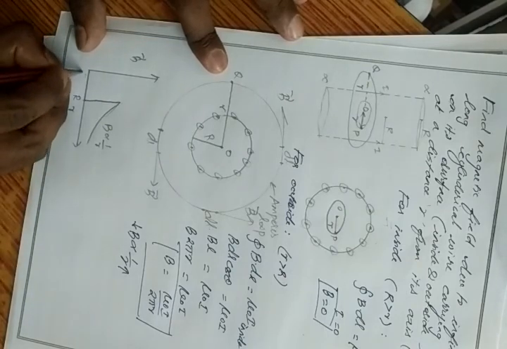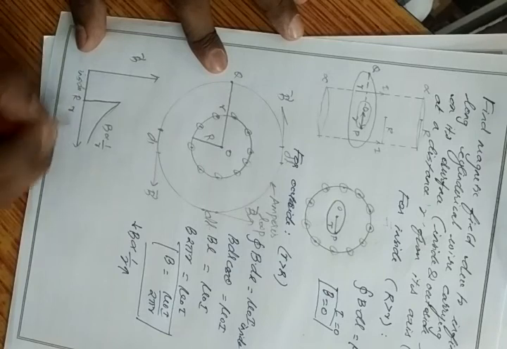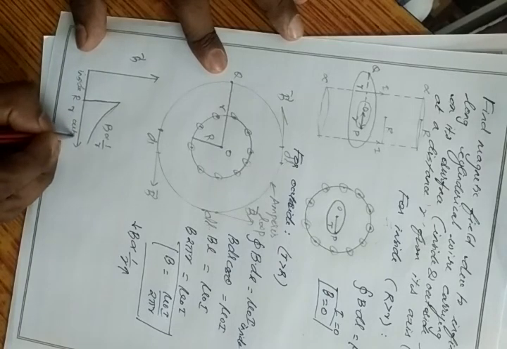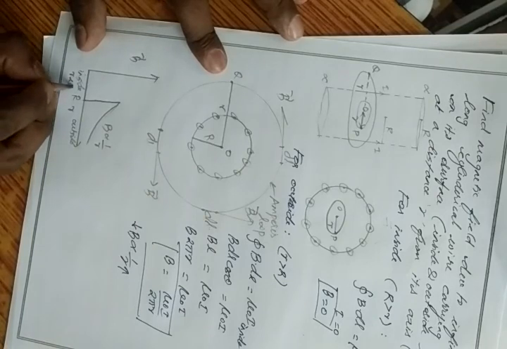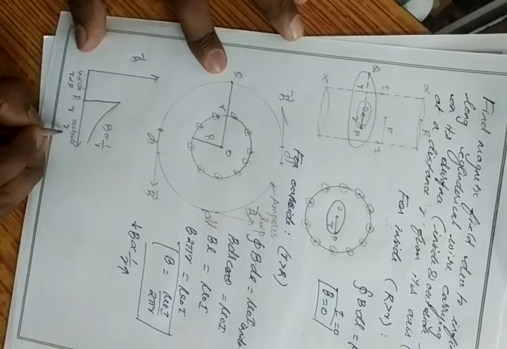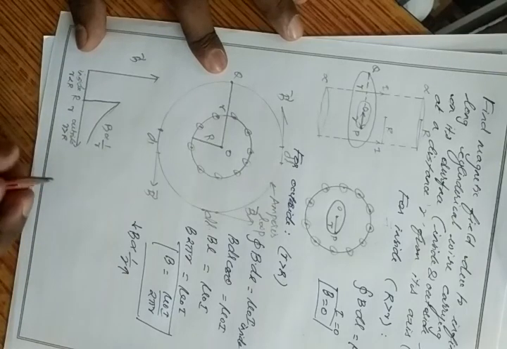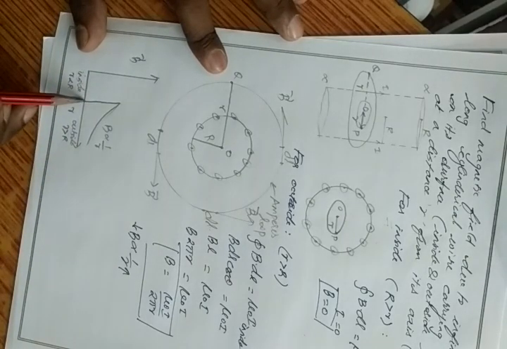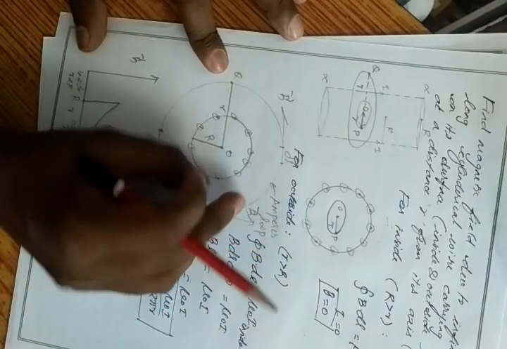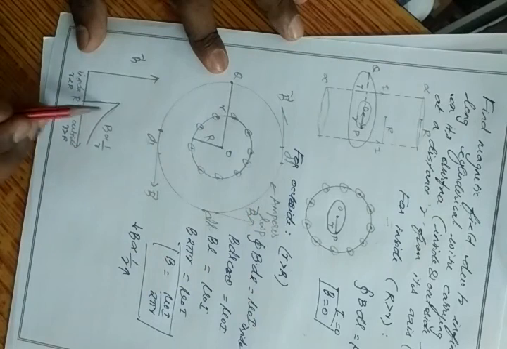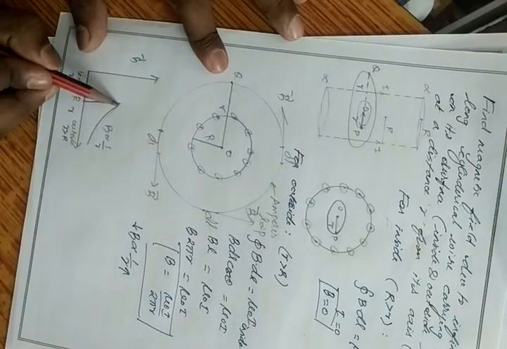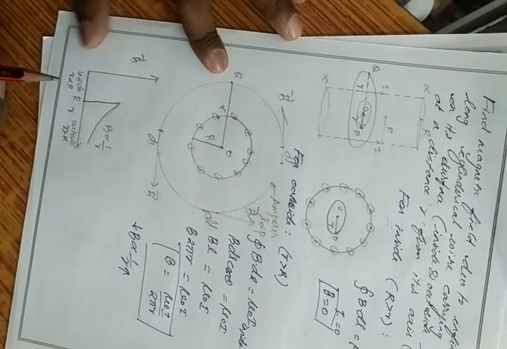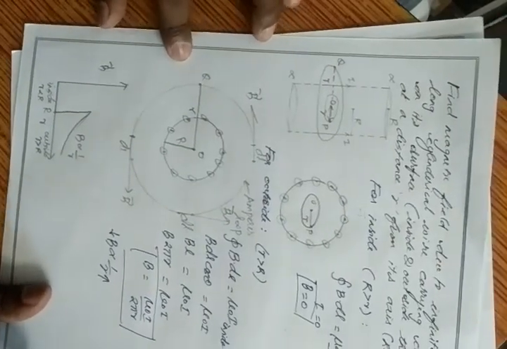So this is inside and this is outside. Inside, small r is less than R; outside, small r is greater than R. Inside I get 0 magnetic field. For outside, I get the magnetic field up to this value, the maximum magnetic field, and after this value my magnetic field will reduce. Okay, thank you.